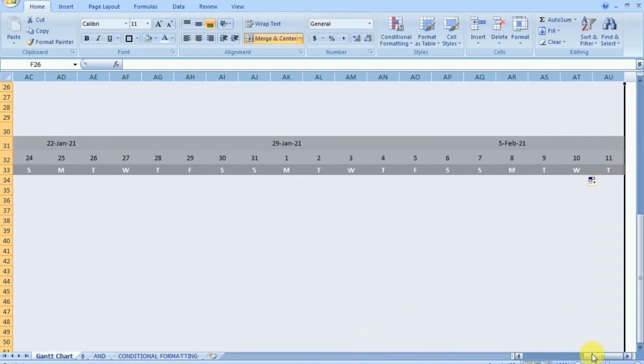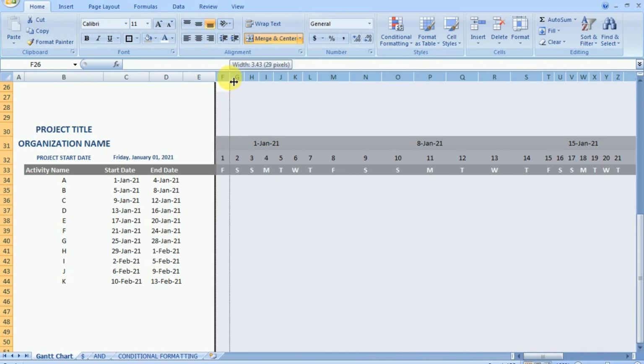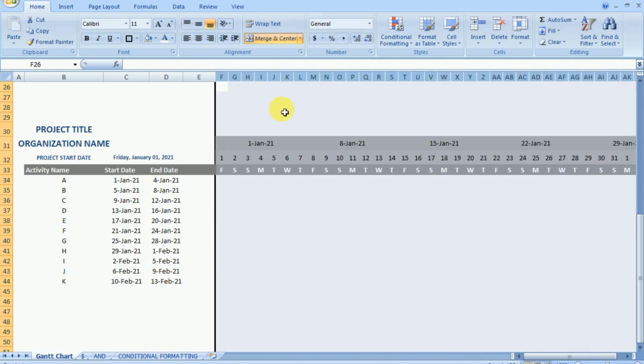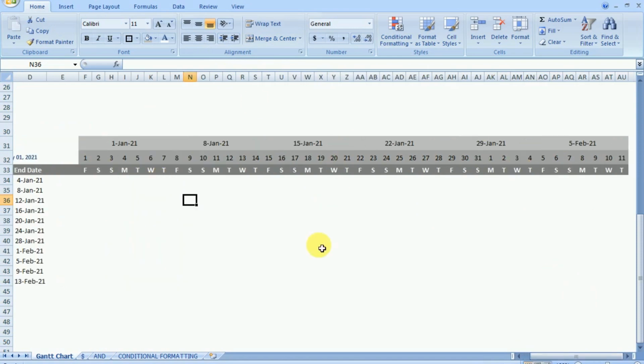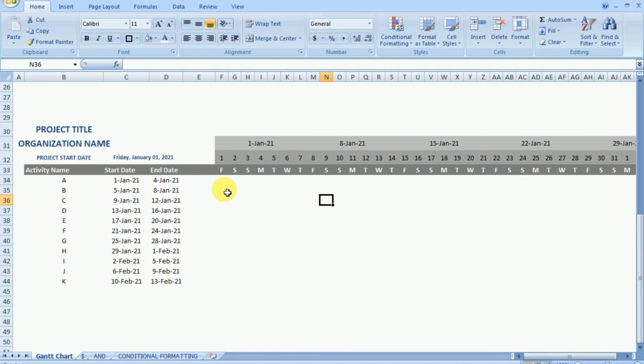Now we will change the width of each of the columns by selecting the columns. Now here we have successfully defined the time period in a very presentable form, representing the first day of the week, then the digit of the day, then the first alphabet of the week. Now we will use a simple conditional formatting command, which is the essence of this exercise, to simply create a bar chart. So Excel will automatically create a bar chart by using a simple concept or simple logic.